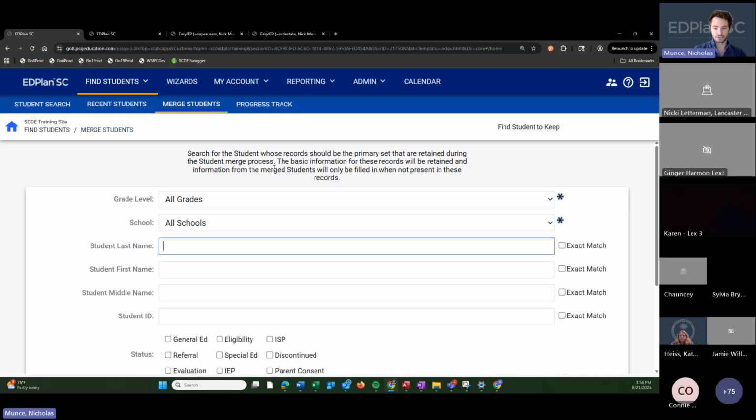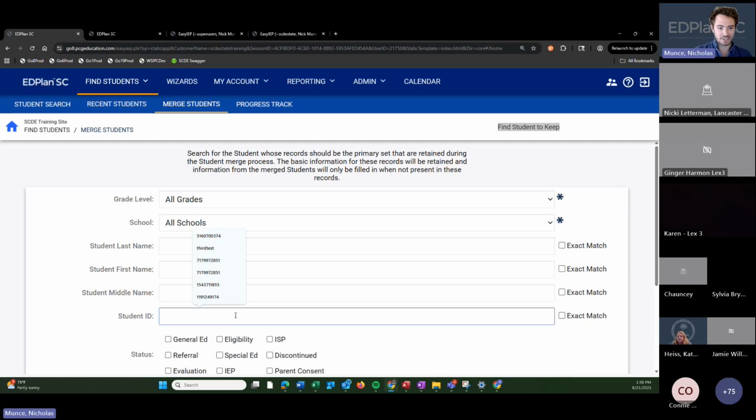But as soon as I hit merge, you'll see what again looks like a student search screen pop up. But the key thing here is the first student you're looking for is the student you want to keep. And the one we want to keep has the 10-digit ID number. So as soon as you come into student merge, the first thing you're going to do is enter the SUNS ID for that student. Because if you're getting to this screen, you know you have a local ID version, that short number, and a SUNS ID, that long number. The first thing you type in is the long number.